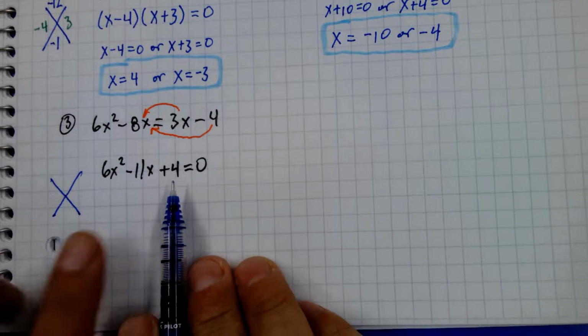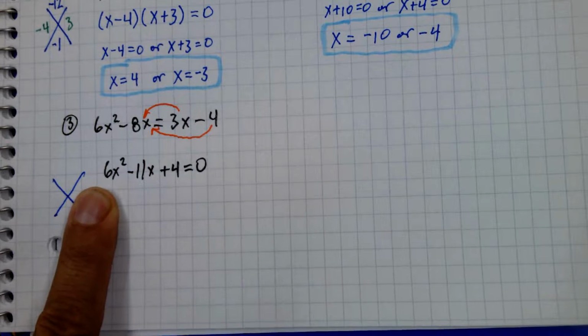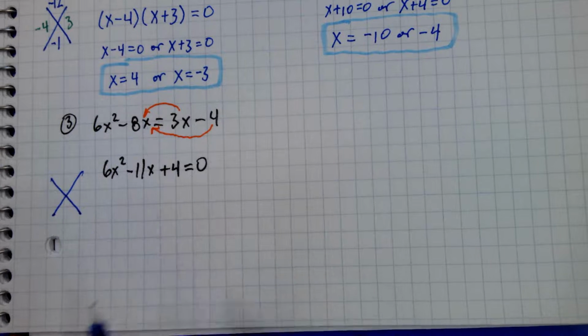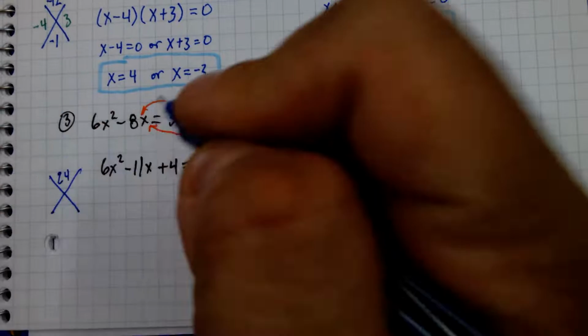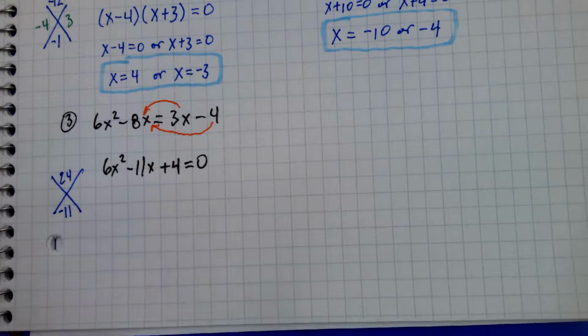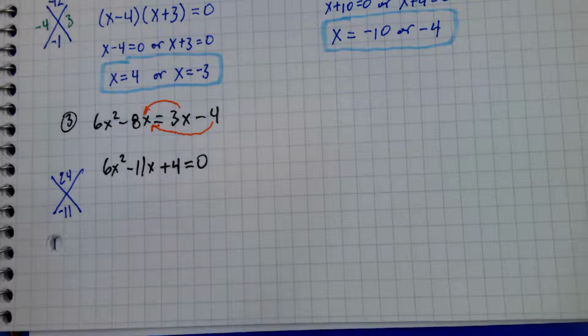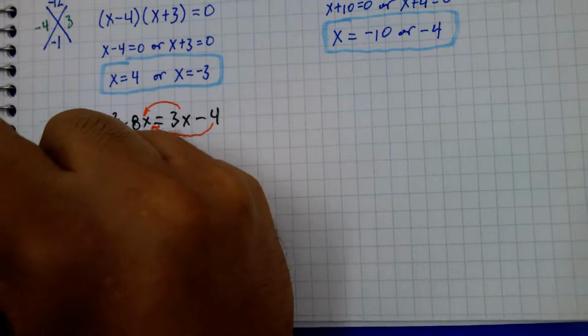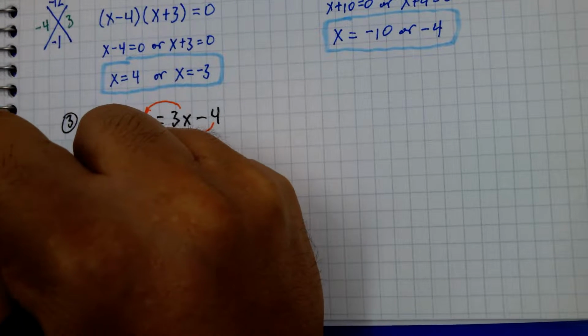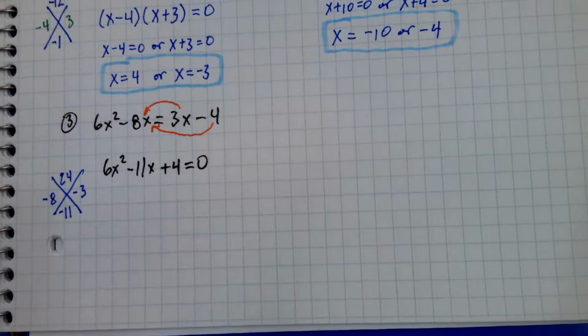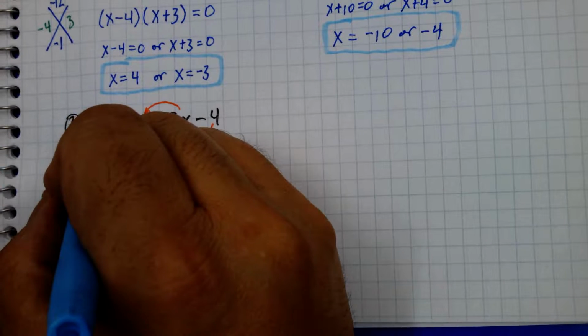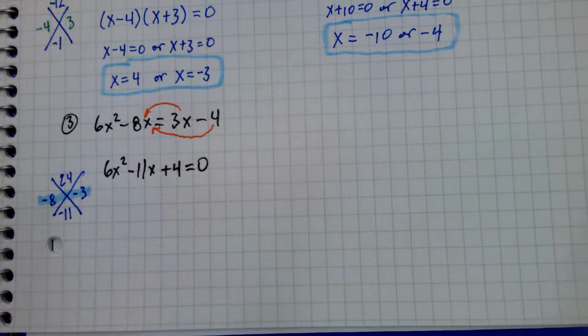So it's going to be, remember when we have something that's greater than 1 here? 6 times 4, 24. And negative 11. So basically, we want 2 negative numbers that when multiplied give 24 and add up to negative 11. -8 and -3. Okay, so these are the numbers we want, but again, since we had a leading coefficient here, remember how we